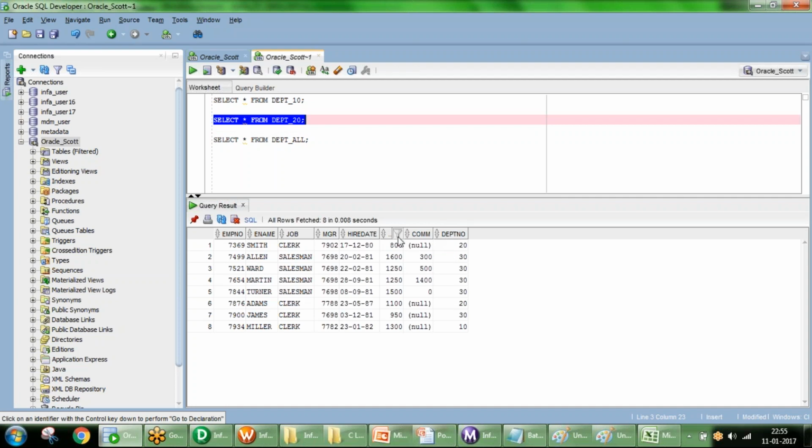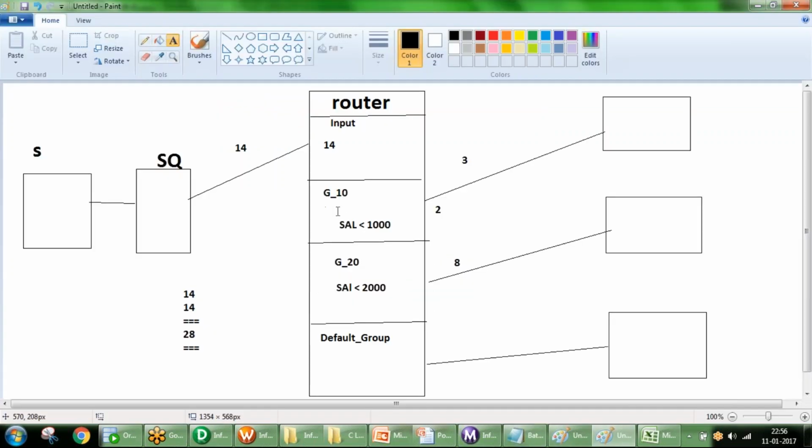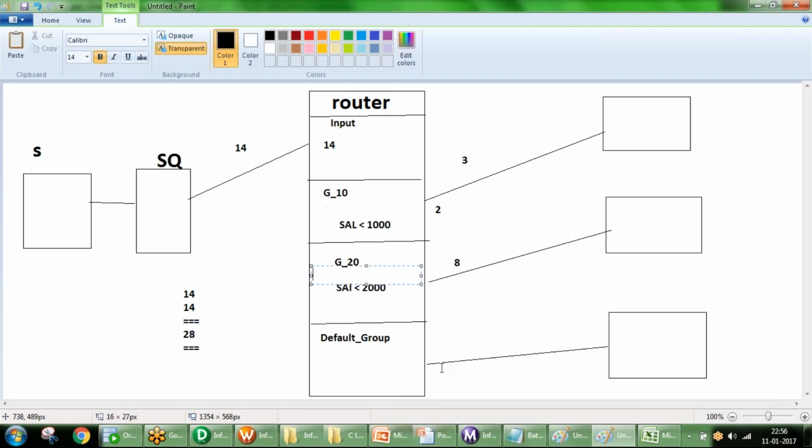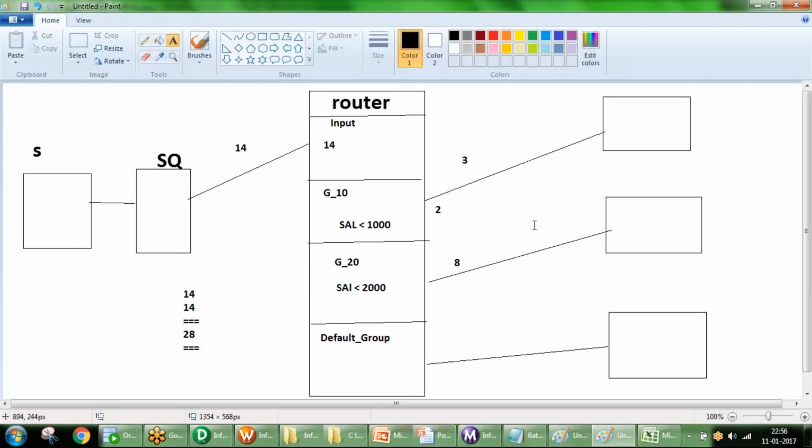See, your second table is loaded with 8 records. You have 6 records plus 2 records. Means our funda is correct. It's going to load again 14 records. Once you are clear with the concept, in real time also, sometimes you may have this type of conditions. That time you will not have confusion about how many records will be loaded when you are doing testing or something. First you should be clear with the concept.